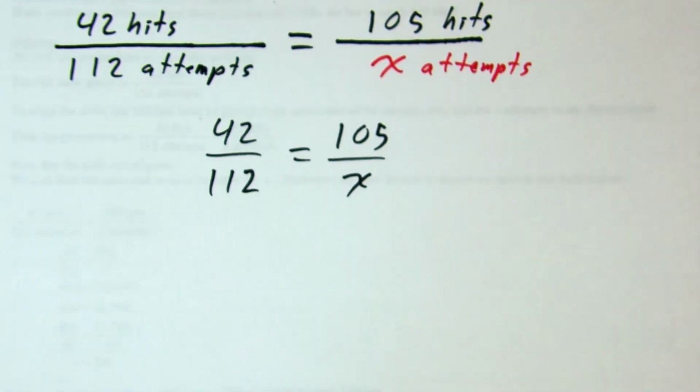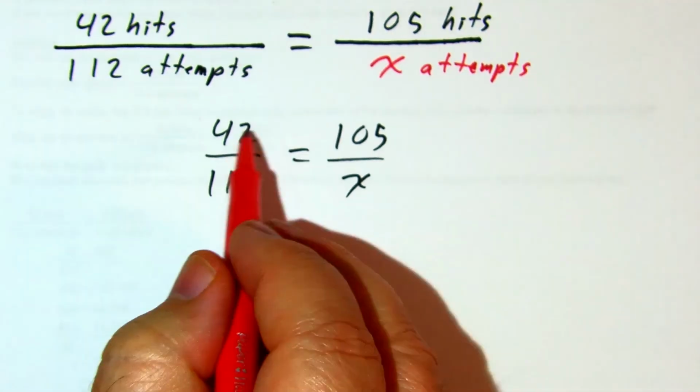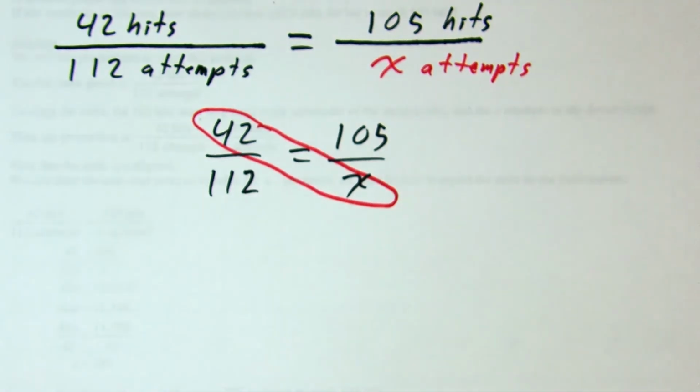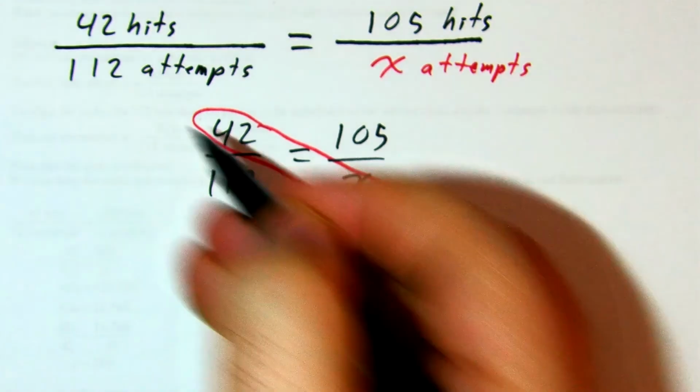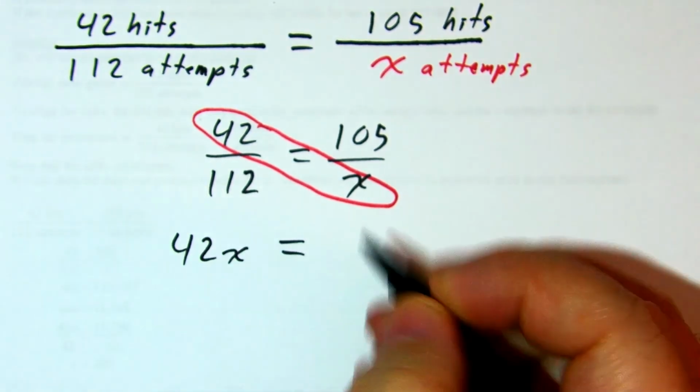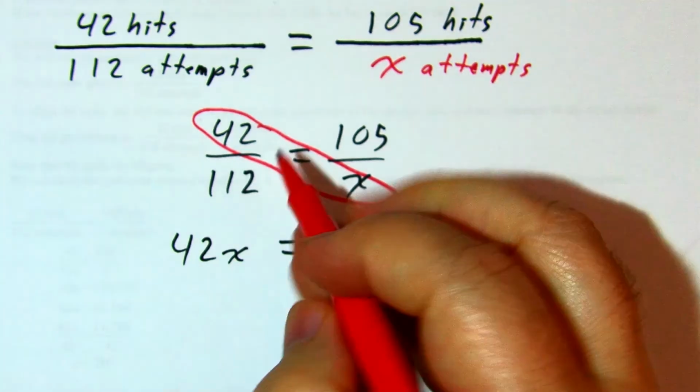But remember, the next step is I like to find the one where my variable is, which is this one. That X could end up in any of the 4 spots. It's in a different spot than it was on the last question. I like to find that product first. That gives me 42x equals, and then the product the other direction